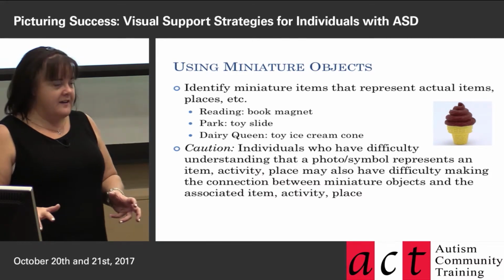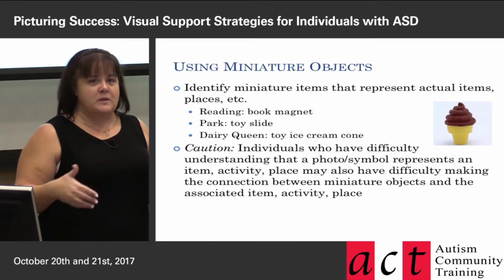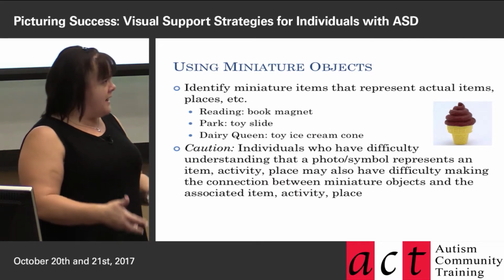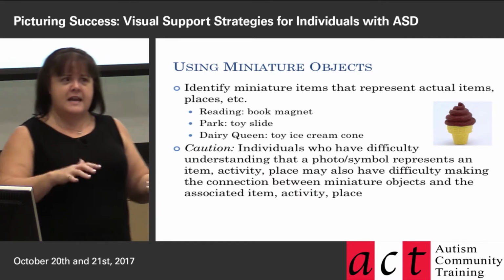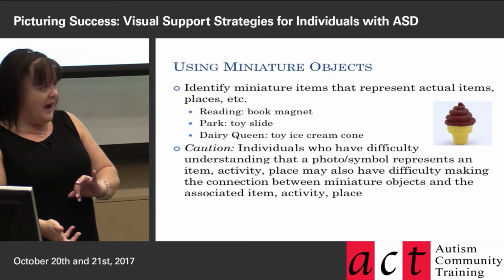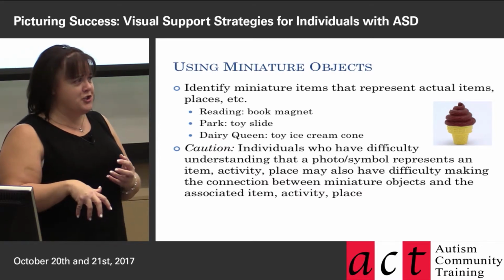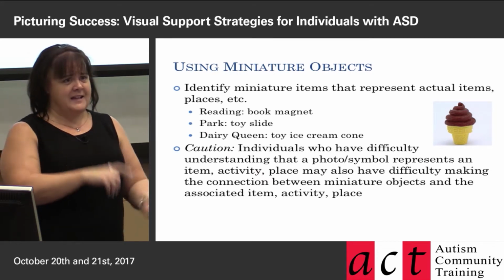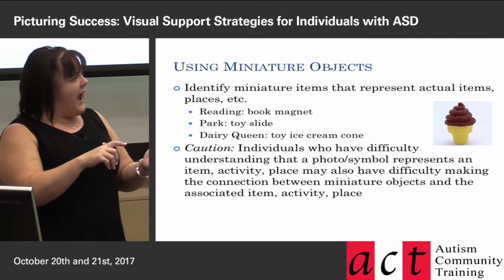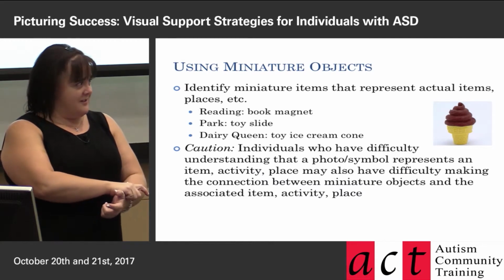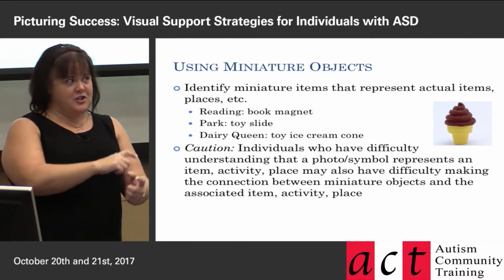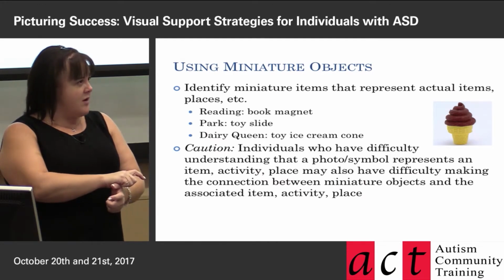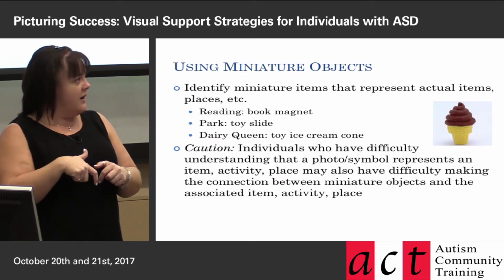Something that's more relevant. So, we always talk about individuals with autism having this thing called poor theory of mind. Individuals with autism don't do very well at sort of taking other people's perspective. I think that often as adults, we're guilty of the same problem. And we don't get into the heads of our students and think, how is he or she perceiving the world? And let's make sure that our supports are a good match for the way he or she perceives the world. And I think that we sometimes are trying to expect that they're gonna see it our way, instead of going,